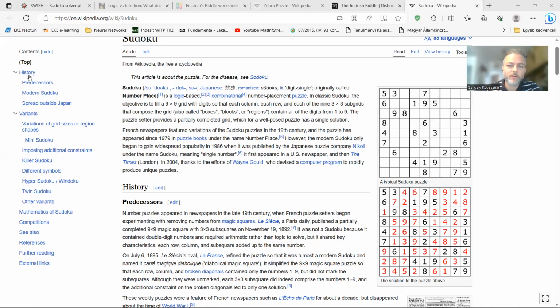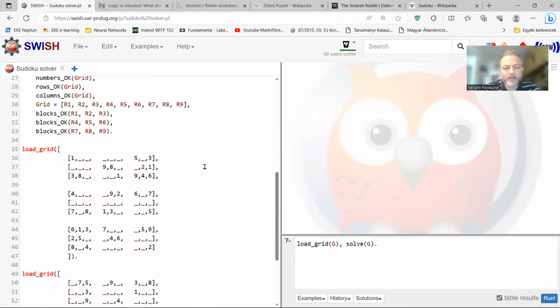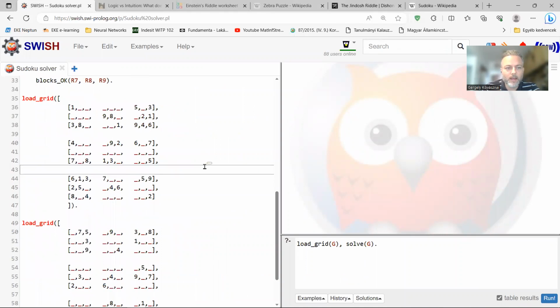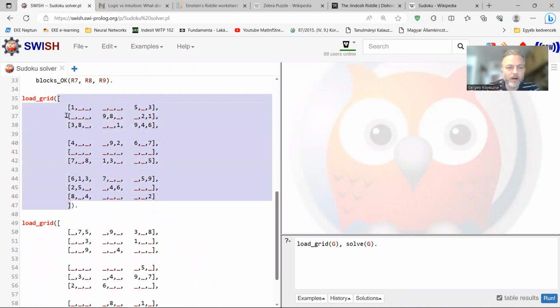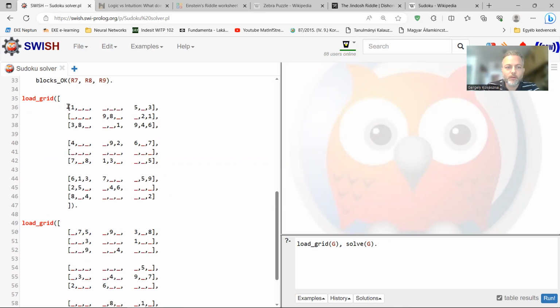Okay, let's check out the code, which is actually based on an example program on this web page, but I made it easier to understand. First, we have to decide how to represent this 9x9 board, and this is our choice. We are representing it as a list of lists, which is quite normal programming, since now we have to represent a 2D board. In each such list, we store the numbers in a row.